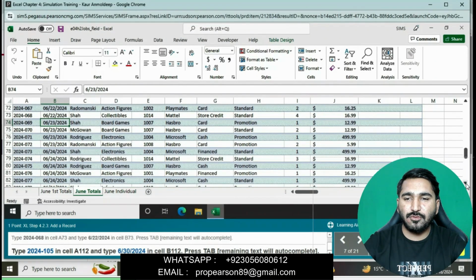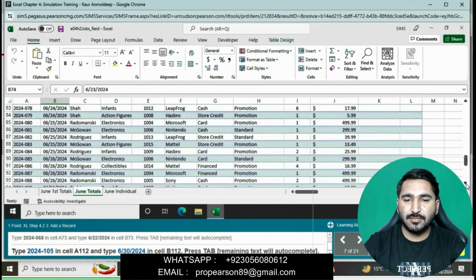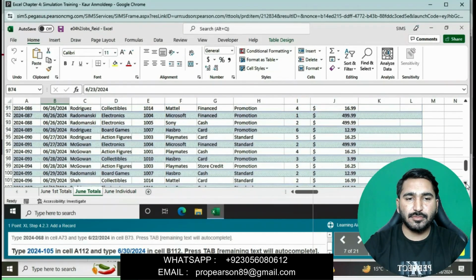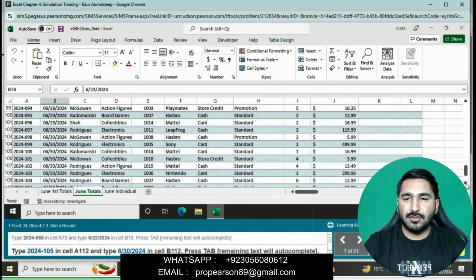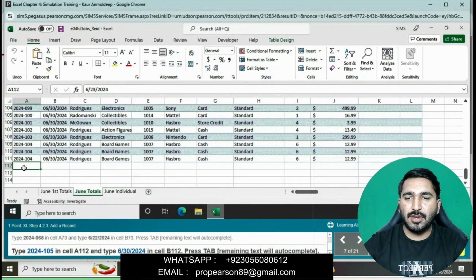Scroll down and click on cell A112 and type 2024-105.